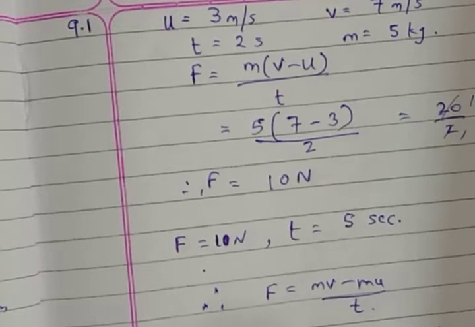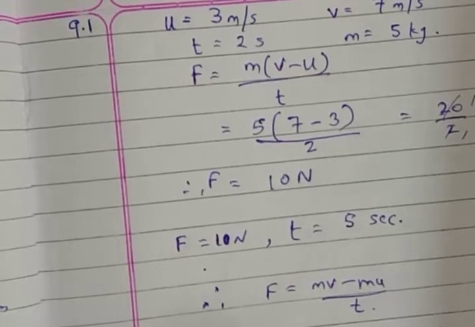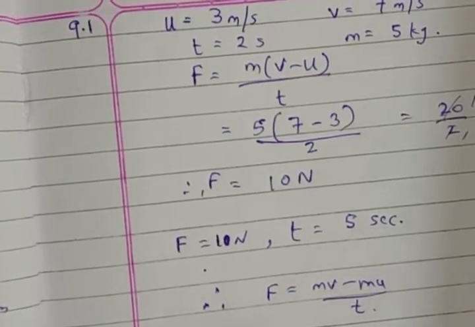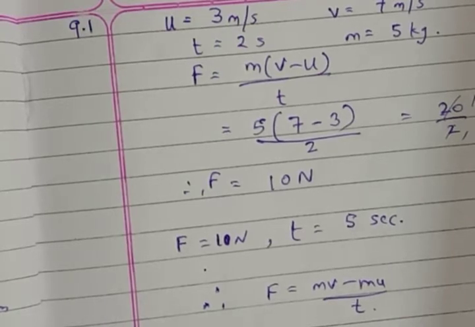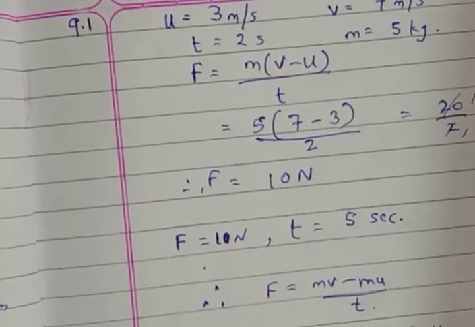Now v equals ft by m plus u. This m will get cancelled. So now F we got as 10 newtons and time t is 5, the mass of the object is 5 and u initial velocity is 3. So this cut, so this will be 13 meters per second. The final velocity will be 13 meters per second. Right? Now let's solve one more example,